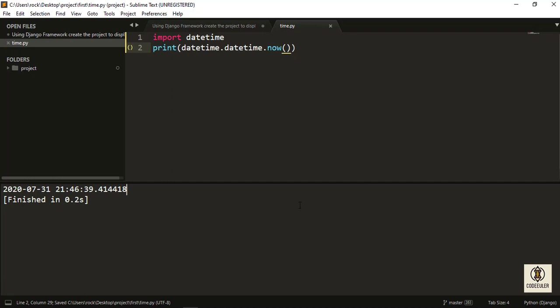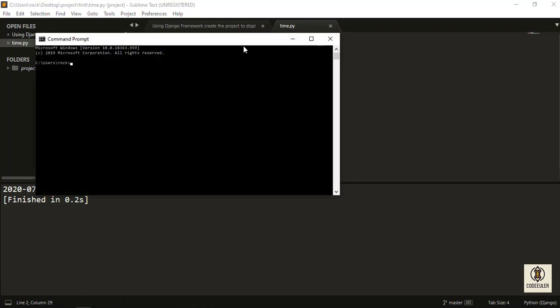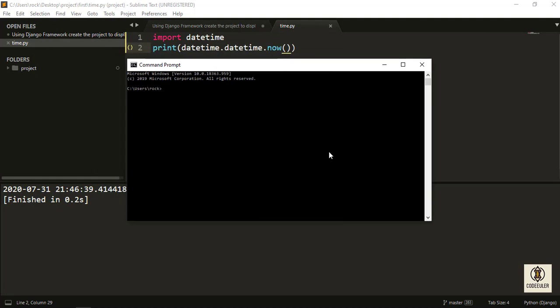So again I'd like to move to my command prompt. Inside my command prompt I'd like to create one project. First I'd like to do it on my desktop, so I change my directory to the desktop. In the desktop, django-admin startproject.